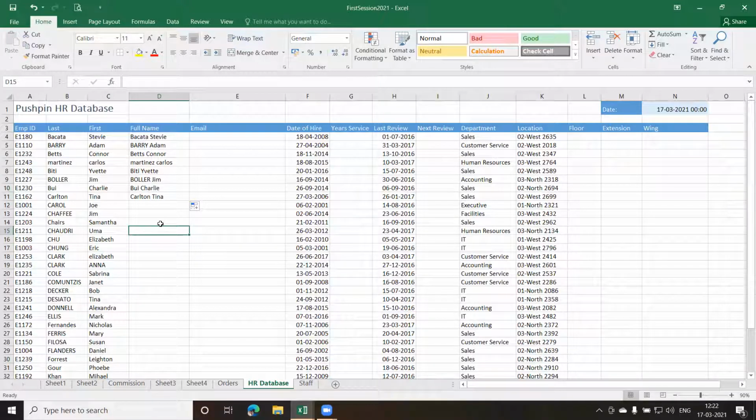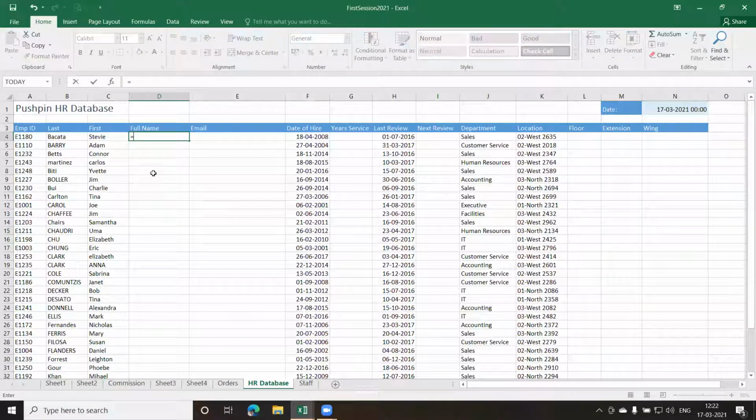So for doing that, we have a function called PROPER. Okay, I'll show you that function. So I don't want this now, so I delete this. I put equal to, and the function name is PROPER. Okay, this is my function. And you can see it says that it converts the text string to proper case. And what is a proper case? The first character, the first letter in each word will be in uppercase, and all the other remaining characters will be in lowercase.